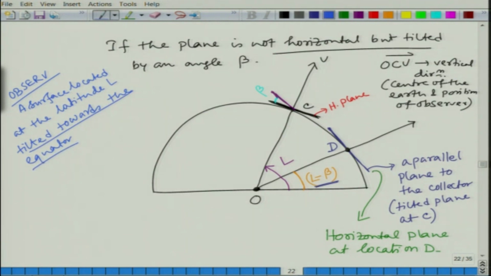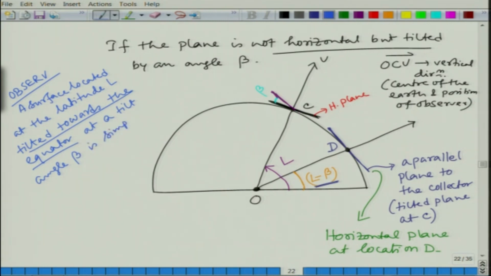So, tilted towards the equator at a tilt angle beta is